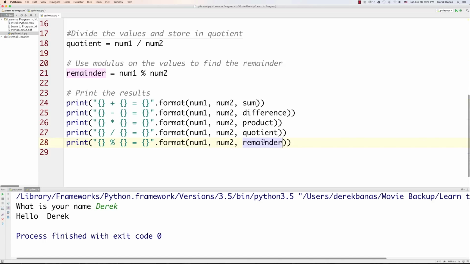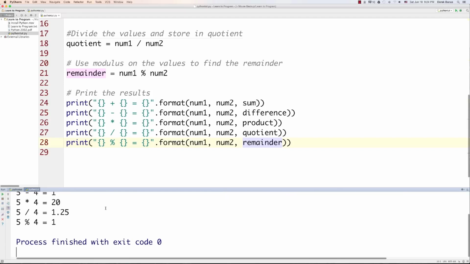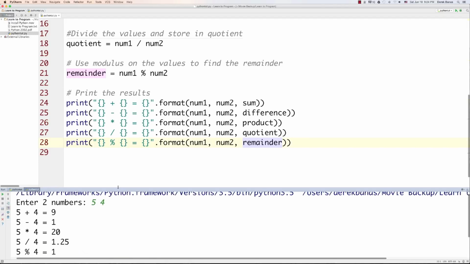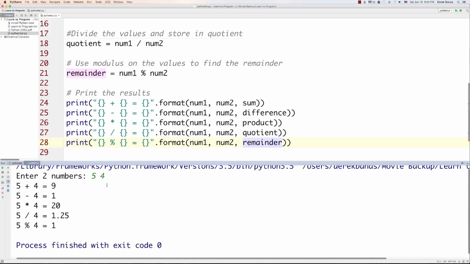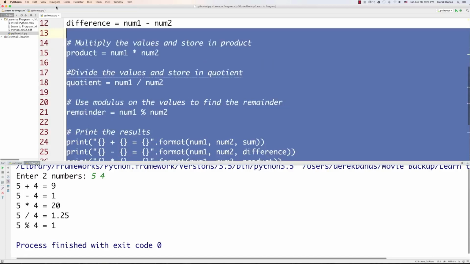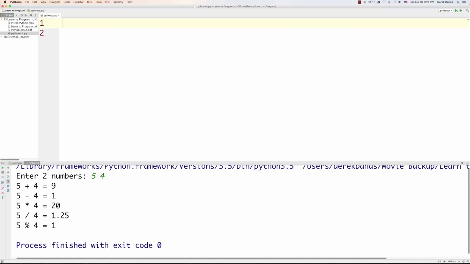And if we save that and then we run it, we can come down here, enter two numbers, and the two numbers we're going to enter are 5, remember the space, and a 4. Hit enter, and it's going to go and output our data exactly the way that we think that it should. And let's just move this up here so you can see everything all at once. So there you go. That is how we go about receiving all of that information and then providing the proper output. And now, based off of everything you learned right there, I think you are ready to solve your first